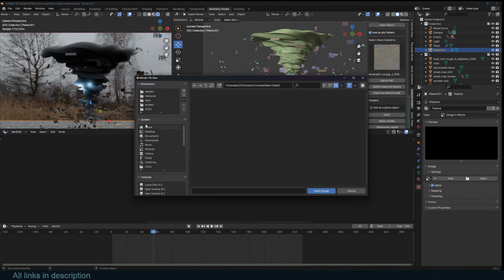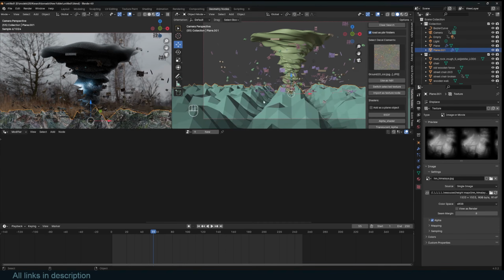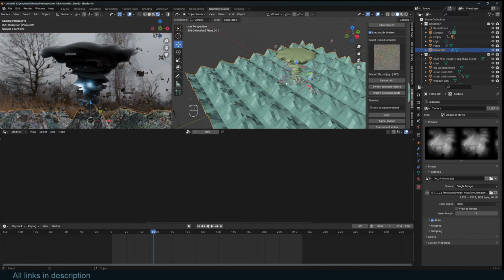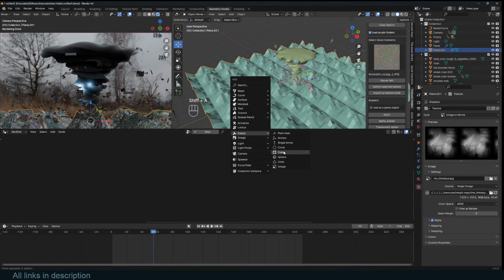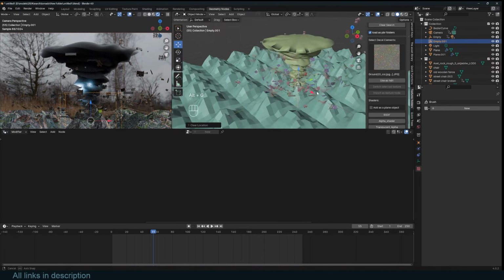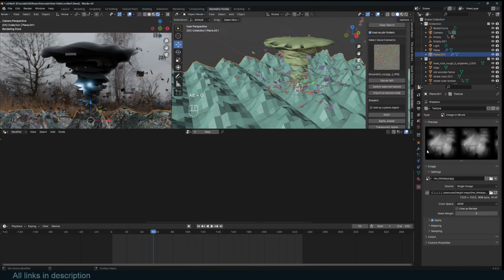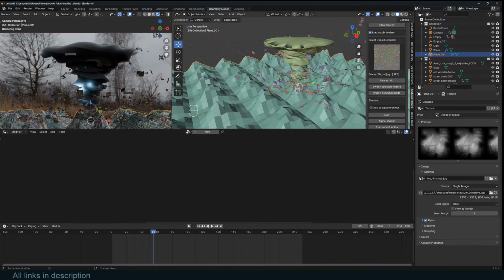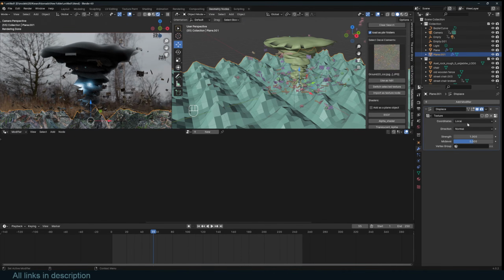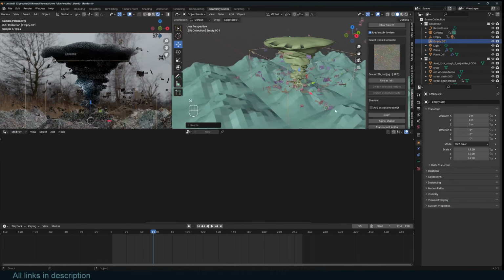I have some displacement textures, maybe this. It's too tiled, so I'm going to add another empty to scale it down to control the displacement here. So I'm just going to select this, go to the modifiers, change the coordinates to object, and select my empty, to scale this,